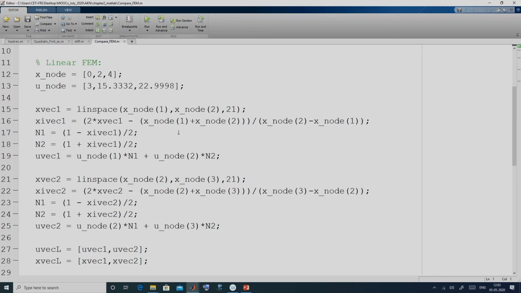Here you can see the nodal values of x are 0 to 4, that is 3 nodes, and the corresponding u values. Now, this linspace creates equally spaced points between x node 1 and x node 2.